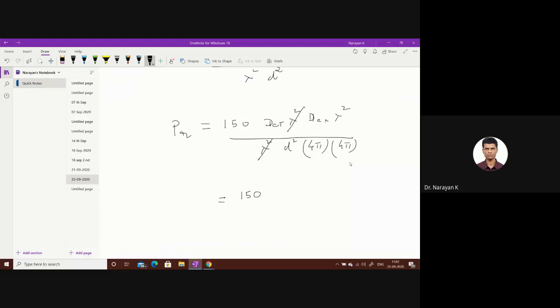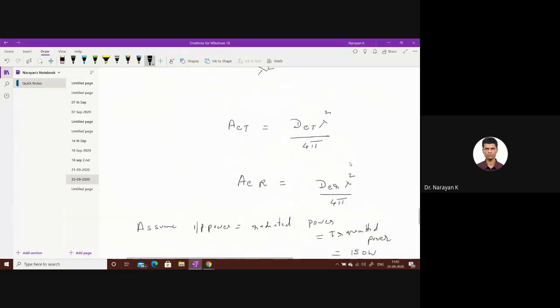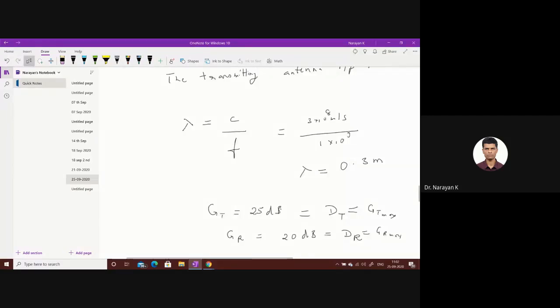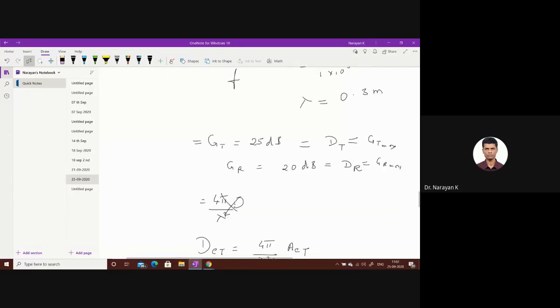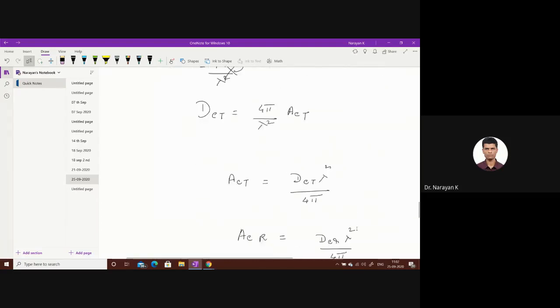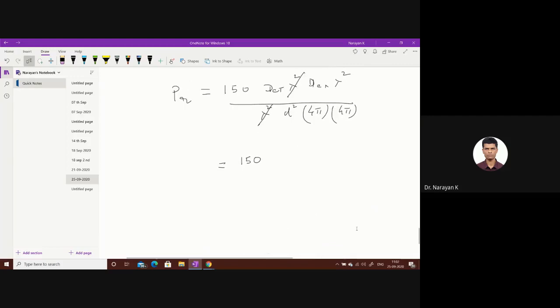Okay, this gain is in dB. Please convert back into a numerical value. I forgot to do it. 25 dB is how much back? Do the anti-log. 316.22, sir. Okay, 316.2. So while substituting the numerical value, convert into this, because